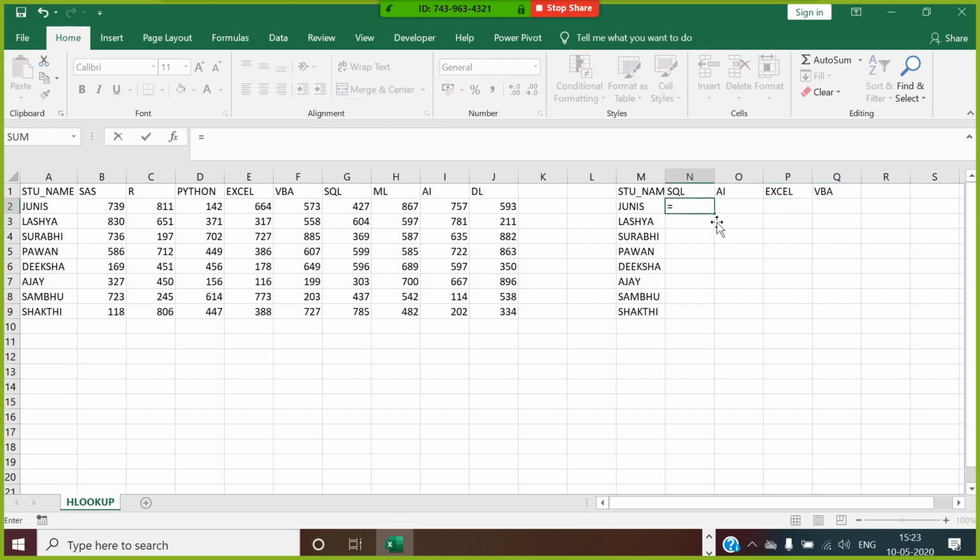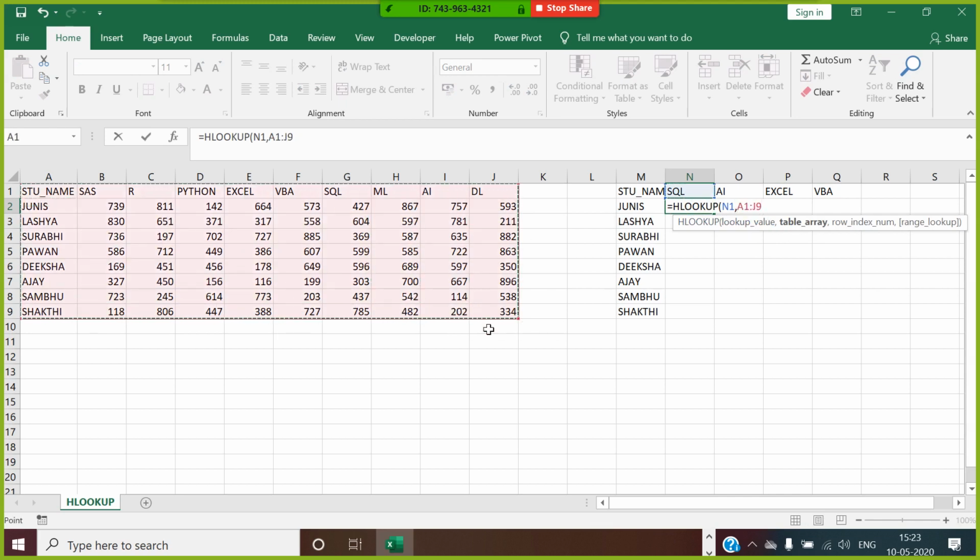So I'll use HLOOKUP here. HLOOKUP is horizontal lookup. It has the lookup value as SQL. This is my table array. What is the row index? I will use the match function here. This is my row index. Genus within this, and 0.